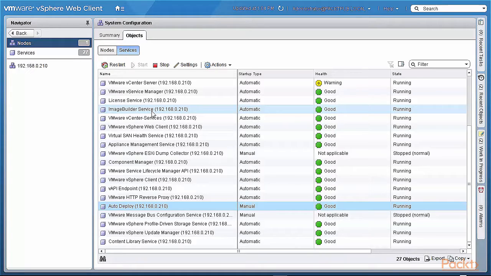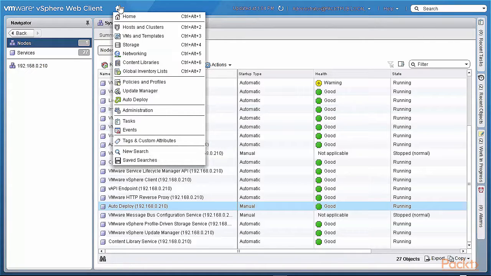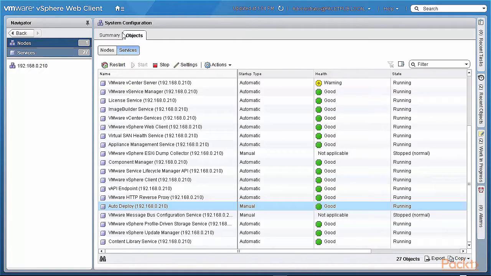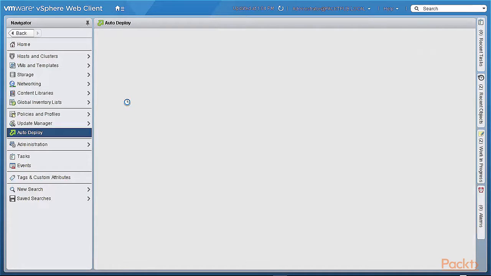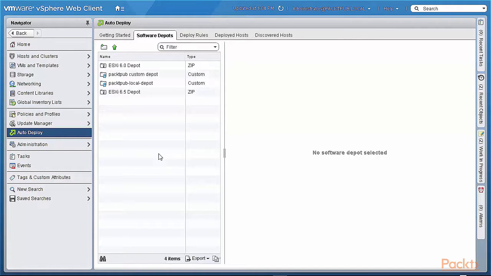And I had to log off and log back on again. I don't know if it's always the case. At least in my experience, I restart the vCenter Server Appliance so everything is in prime shape, and then everything just worked for me. I had no issues at all. So that's just one aspect that one would need to look out for. So a really useful capability, this auto deploy being available here in the manner that it is,